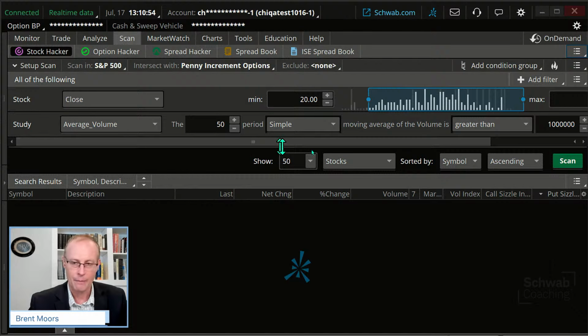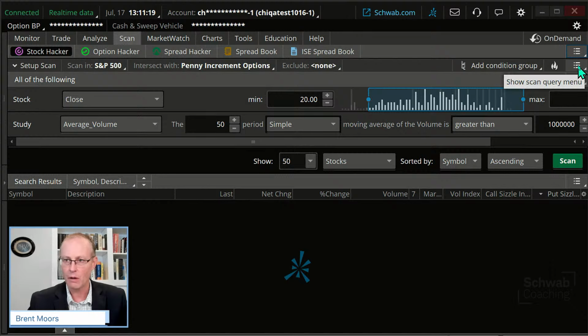So this is where we're at. So this is our bullish scan. Now, this isn't going to do me much. I don't want to have to recreate this each time. So what I'm going to do is I'm going to save this. And the beauty of saving it is it doesn't just save it as a scan. It saves it as a watch list as well.